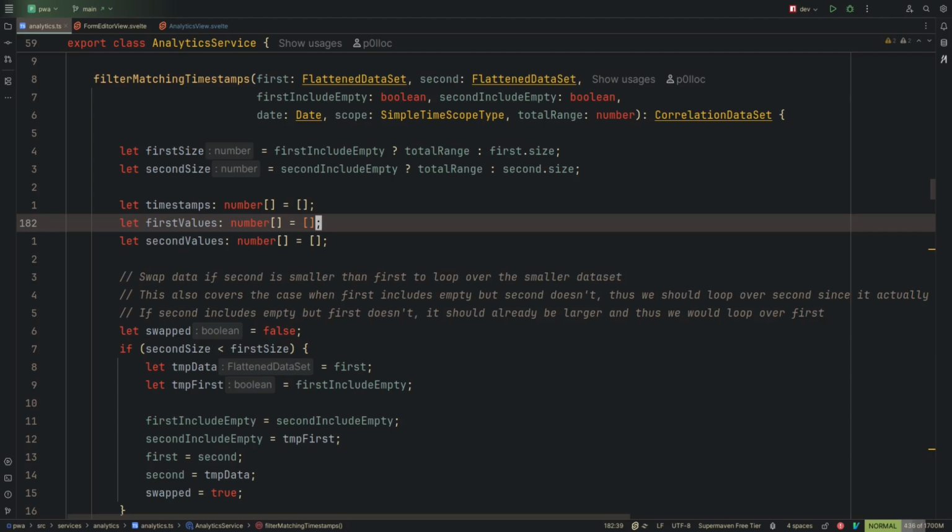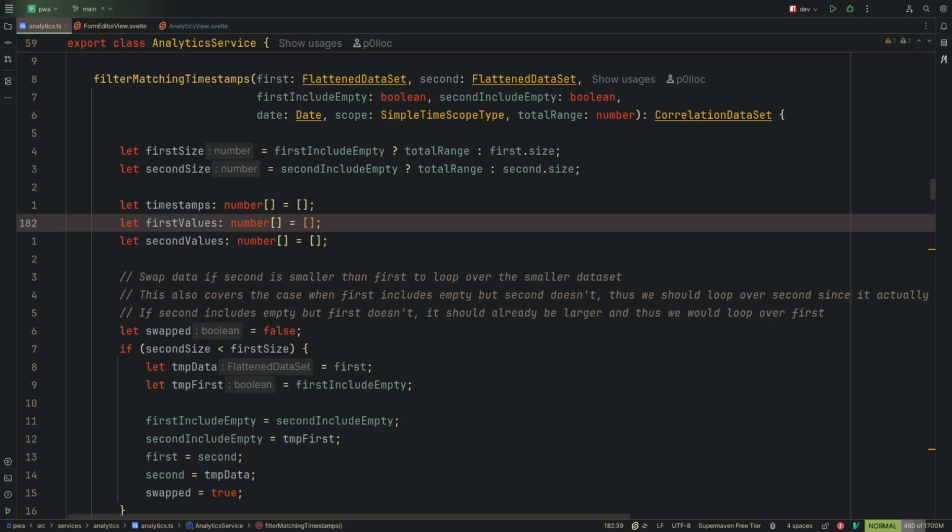I could, of course, include it emptily by setting it to 0. I could say that if I did not log my sleep duration for a specific day, well, then I should just set it to 0. But that doesn't make any sense for most of these variables. My sleep duration is not 0. I did not sleep for 0 days. I just simply forgot to track my sleep for that day. So for that reason, I only want to correlate these two different data sets when they both have values